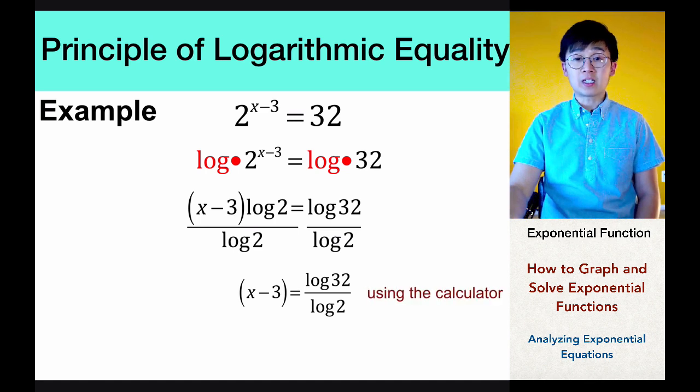At using the calculator, makikita nyo na yung ating log of 32 divided by log of 2 ay equal to 5. So, yung x minus 3 equal to 5, by adding 3 on both sides will give us 8. So, x is equal to 8. So, ito yung paggamit ng or pag-multiply ng logarithms para makuha natin yung solution ng ating